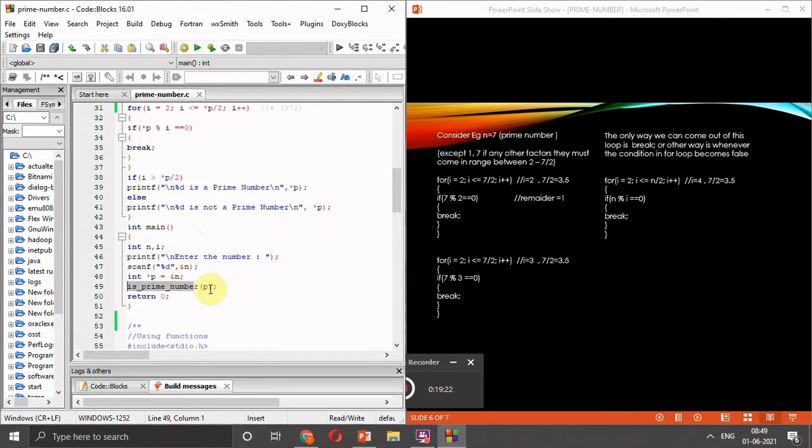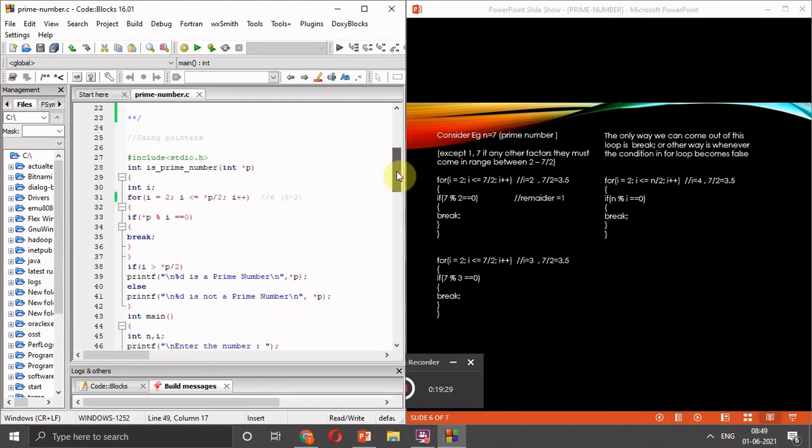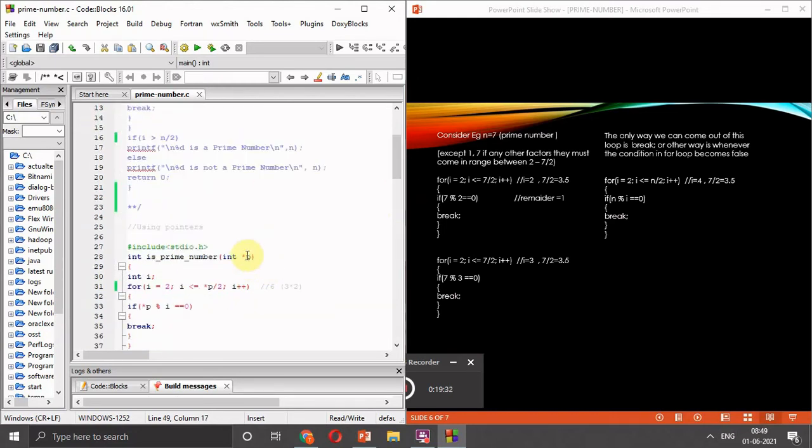And is prime is the function which accepts the value. Okay, p is what? The address of variable n, and pointer p will take the value stored at the address of variable n.